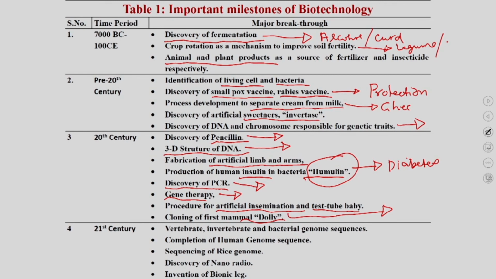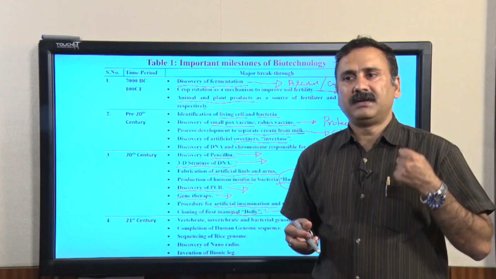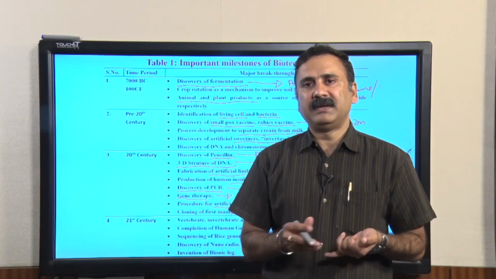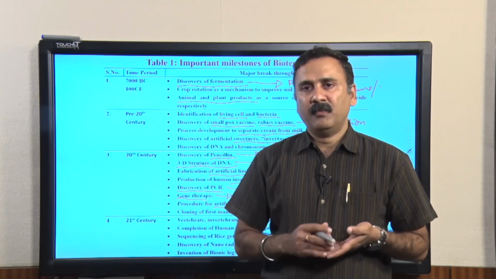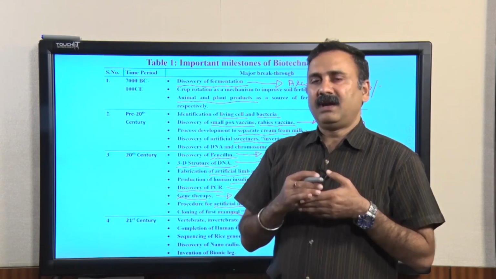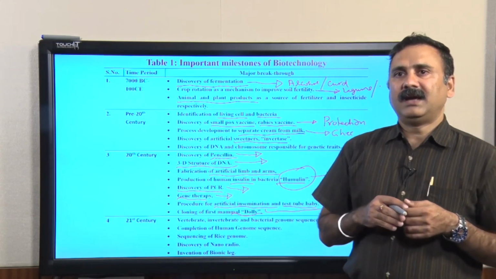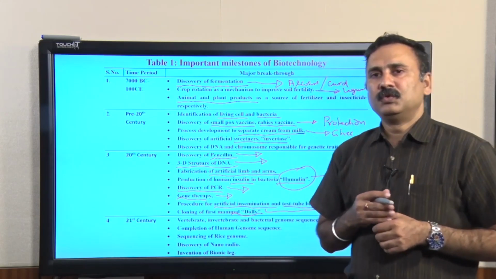By the end of the 20th century, the focus went towards the genomic era, and they started making progress in sequencing whole genomes from vertebrates, invertebrates, bacteria, and humans. And the advantage of these genomic sequences is that